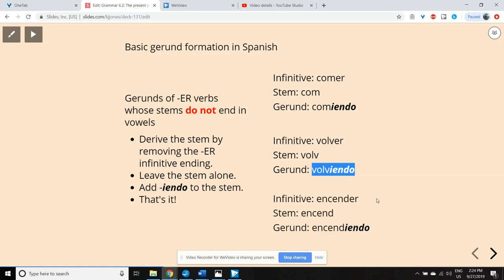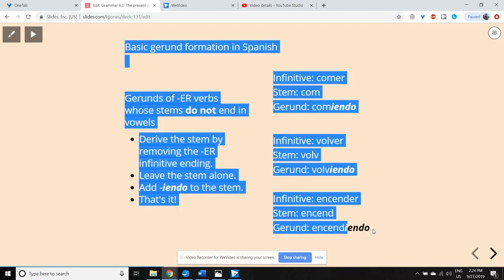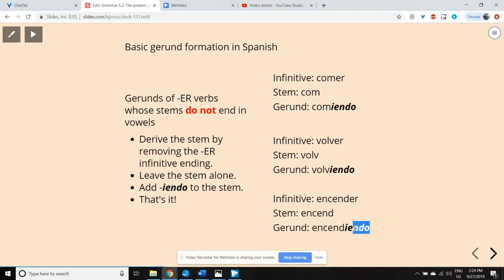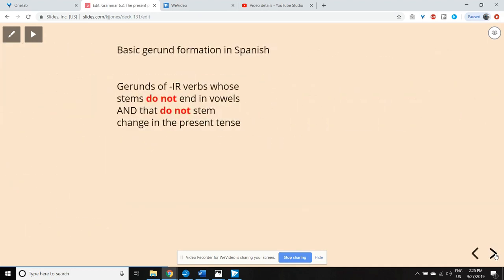Finally, another example with encender. Again, derive the stem by removing the ER infinitive ending. To that stem, ENCEND, which we do not change under any circumstance, we add the IENDO gerund ending, and that gives us encendiendo. Encendiendo, the gerund of encender. Simple. All right, so